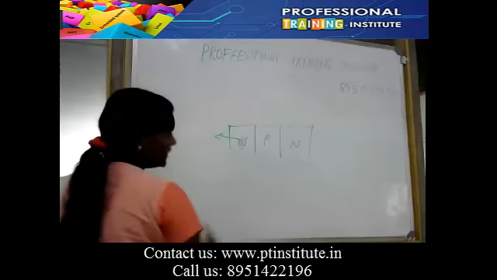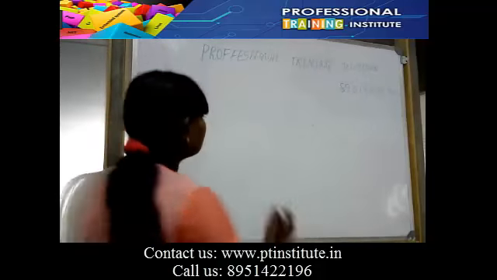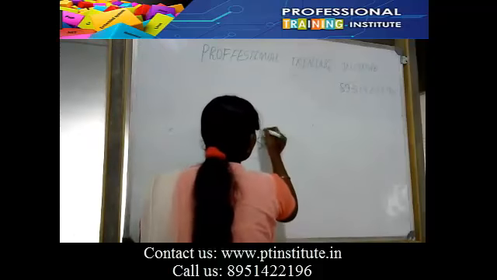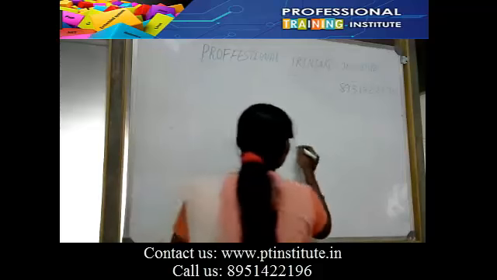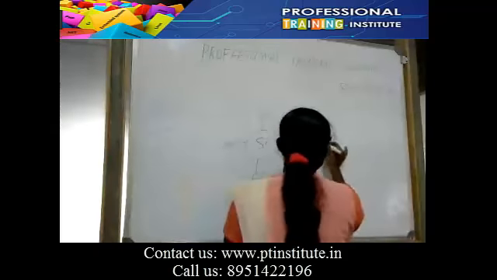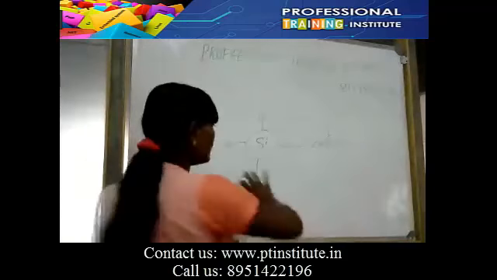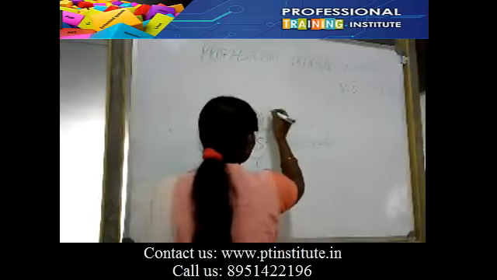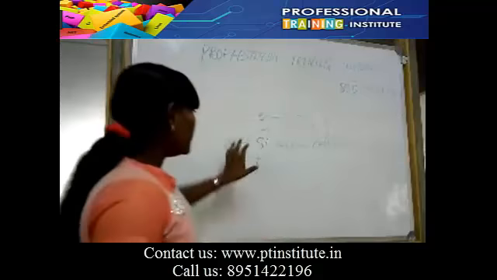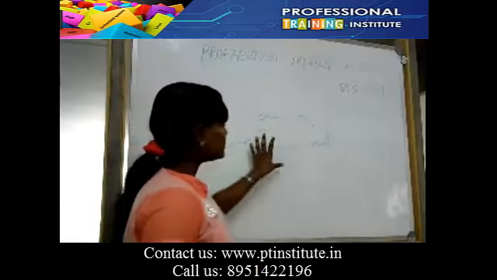So how does this silicon conduct? Silicon has 4 electrons, and it is in contact with other silicon atoms, so all are bonded together. At this point it cannot move because all are fixed. So what should we do? Sometimes one electron may try to move, but here all are in bonded positions, so it cannot move.